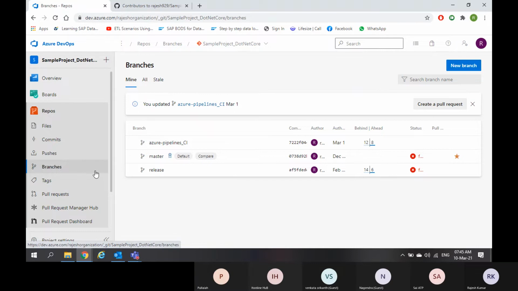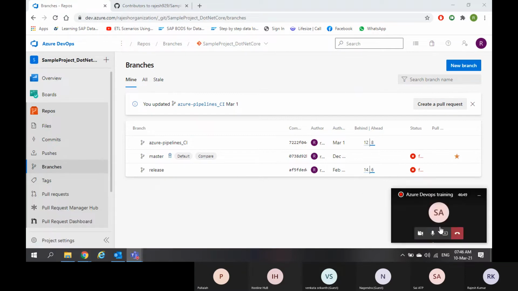So in general, in a GitHub repository, whenever you create a repository, the first branch will be the master branch. That is the master branch or main branch. Some people will name it as main branch, some people will name it as master branch.